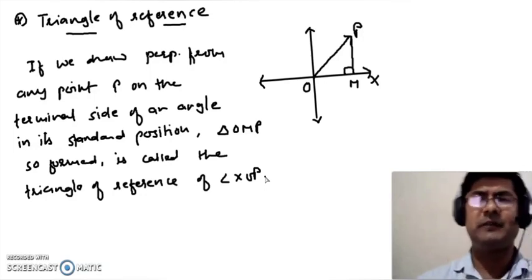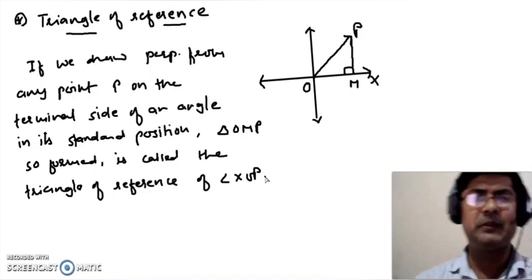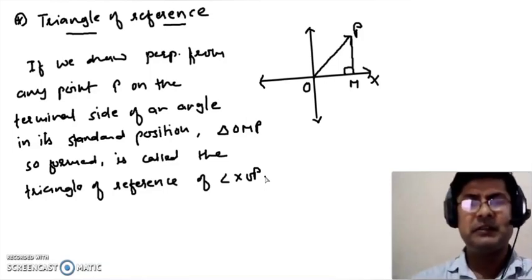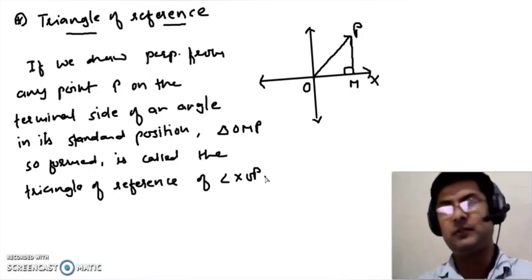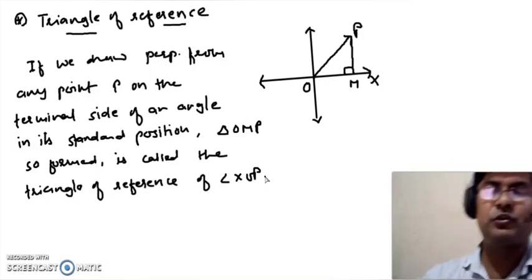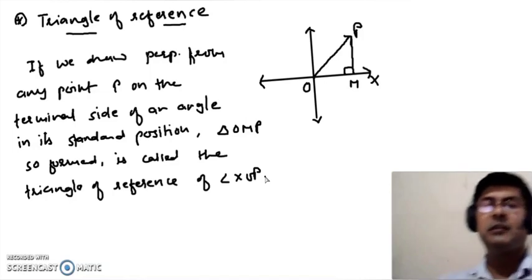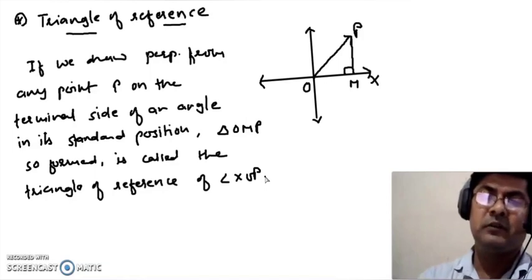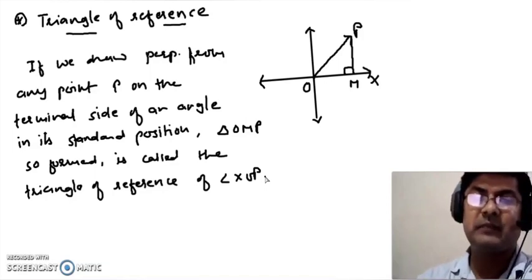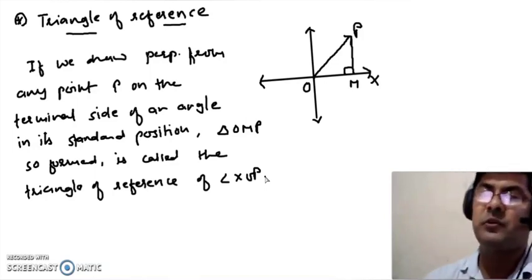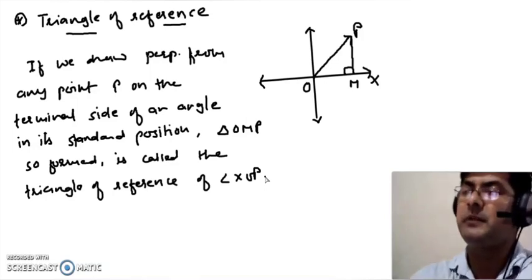Now let us see the various systems of measurement of angles. Till class 10 we have been seeing a single unit of measuring an angle, that is the degree unit. That belongs to the sexagesimal system. This is also called the English system of measuring. We have two more systems this year to learn. One is the centesimal or French system, and the other one is the circular system. So let us go through all the three systems of measurement of angle.